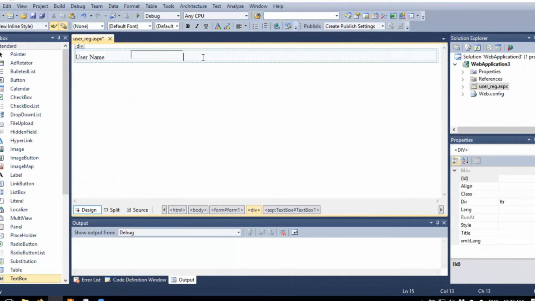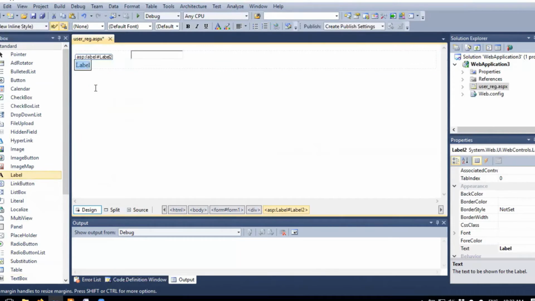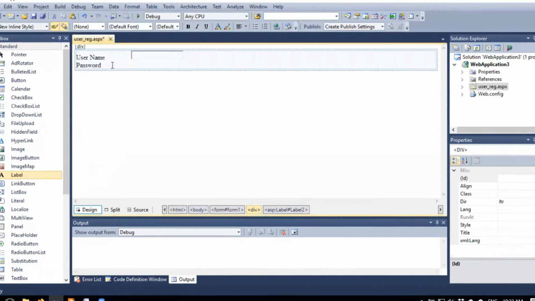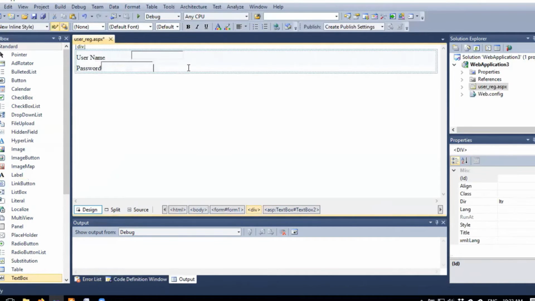Again press enter, apply the label like this one, write the password. Again click here, then apply the control text box.